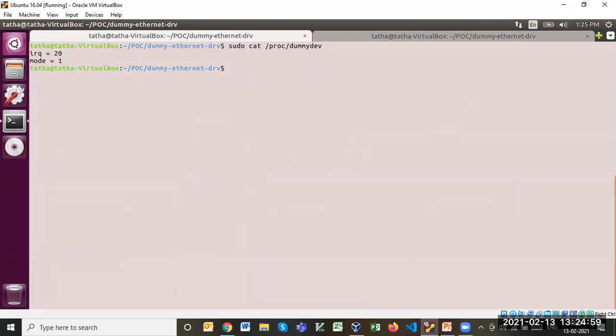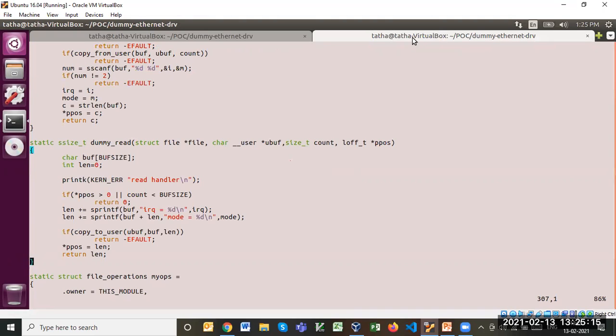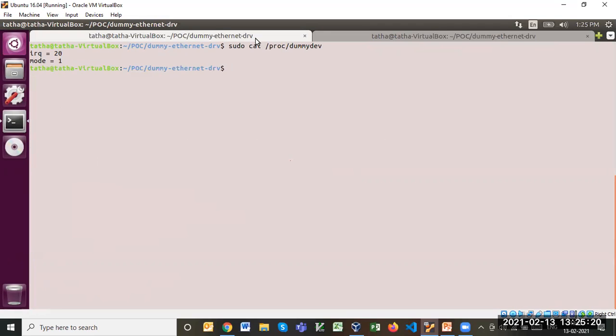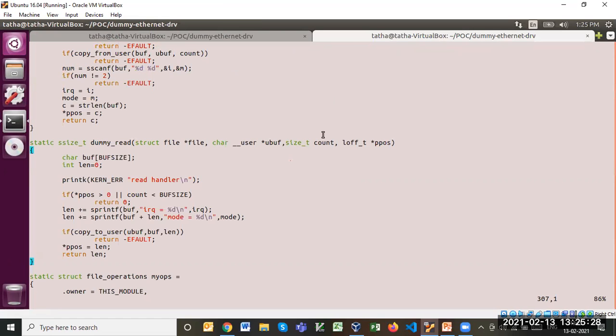It is up to the driver or the kernel subsystem what information it wants to share with users. I'm just providing two random variables and showing them here. The value has no importance. But what I'm trying to explain is that I want to show the current value of the IRQ and mode. So user space will provide a buffer, and in that buffer I need to copy the value